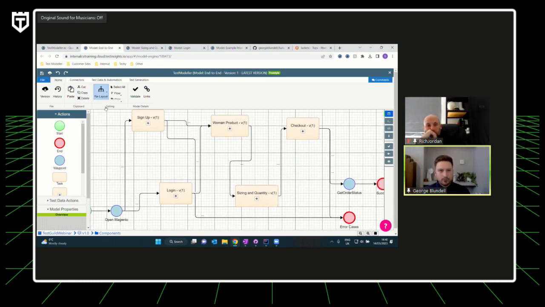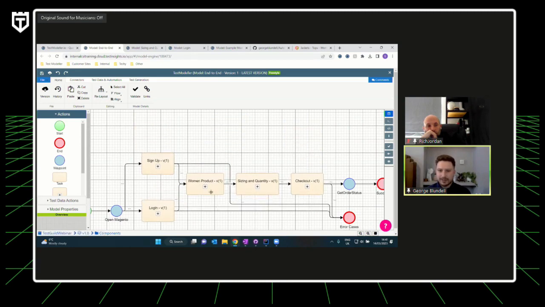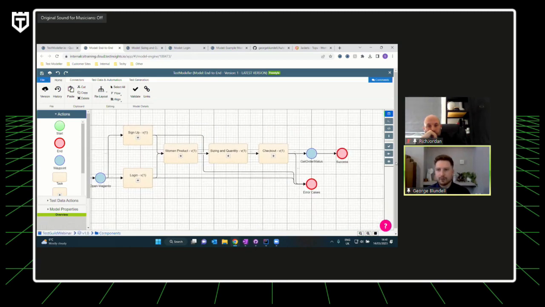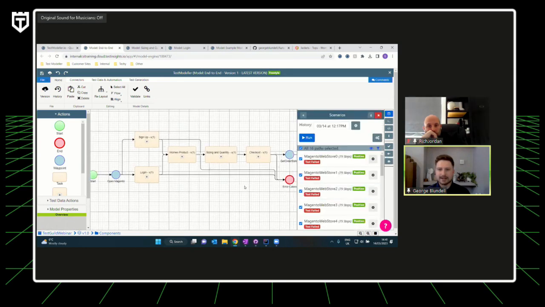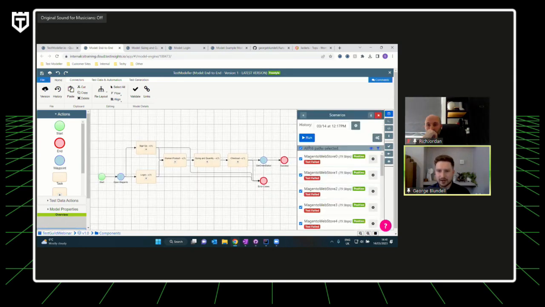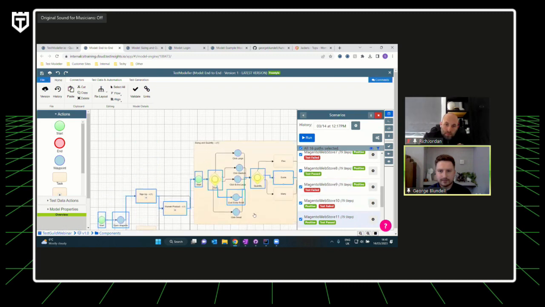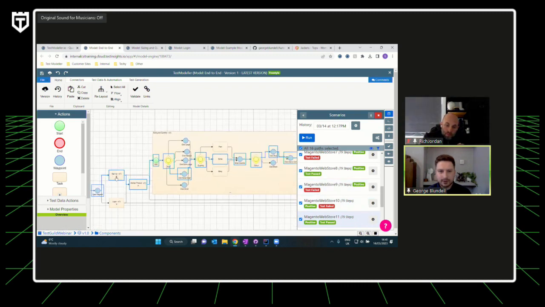Okay, so what can we actually do with this model now that we've built it? What I just did before we came on air is generate some paths. In this instance, I have created 16 paths through the application. If I scroll through some of these, I'll just go for a high-level view so you can see.